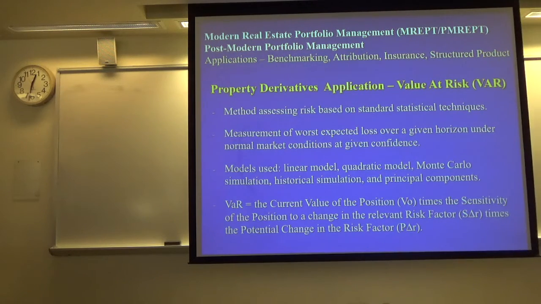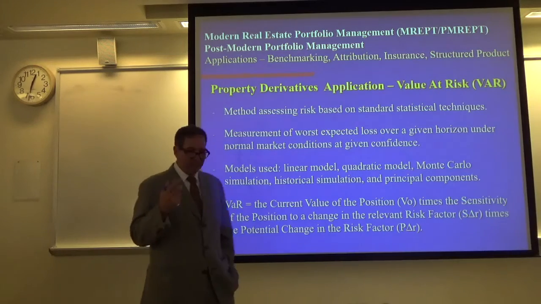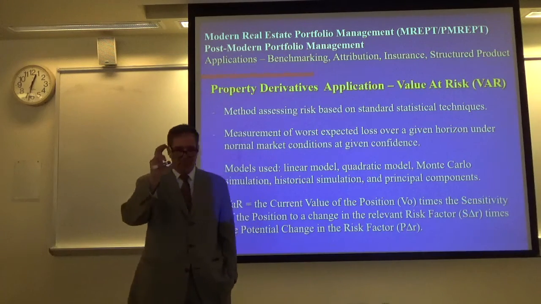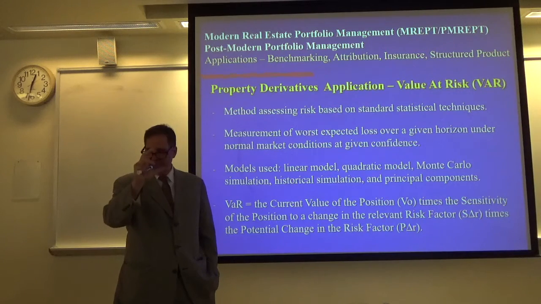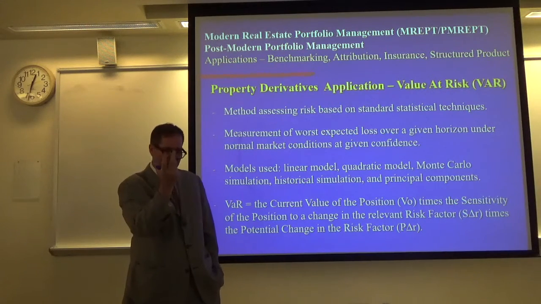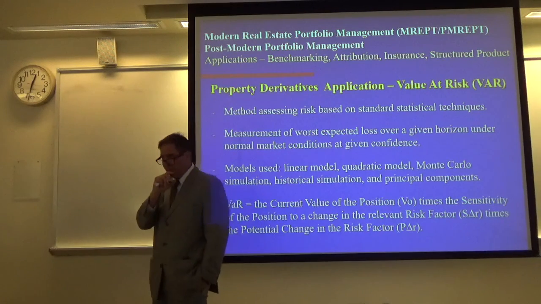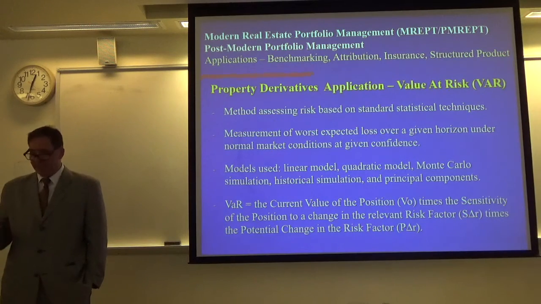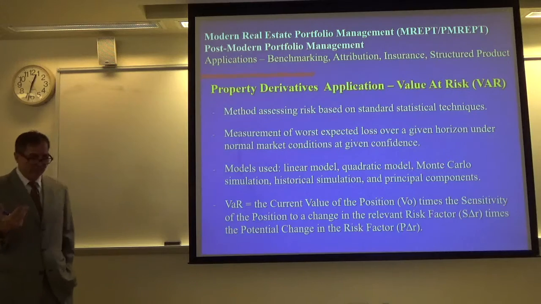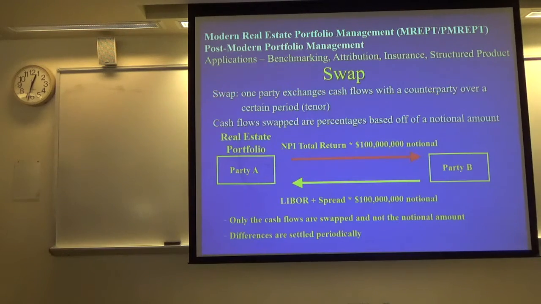And then if you calculated the value at risk within maybe your mortgage portfolio or your commercial mortgage-backed securities portfolio, that would be the portion within your portfolio that was susceptible to market risk, and you could hedge off that exposure. And this would also probably play well with the regulators too, knowing that you had derivative contracts in place to hedge off the market risk. The regulators would look favorably at you.